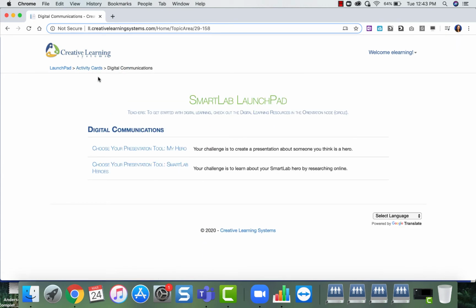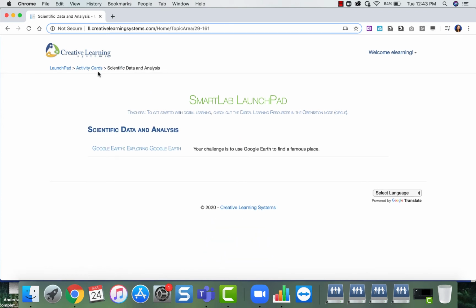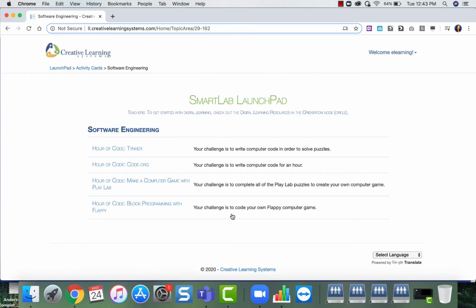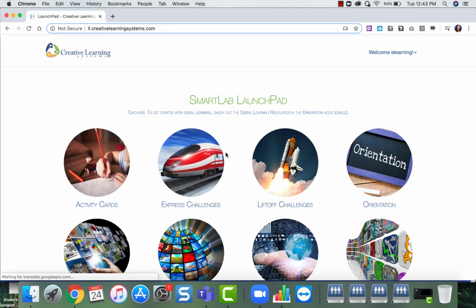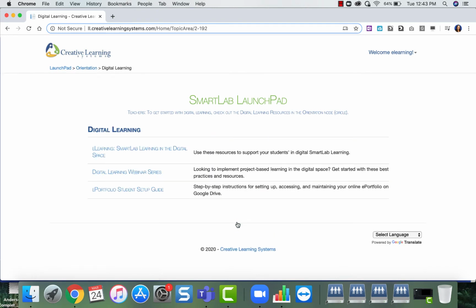So there are a bunch of different activity cards in this list. As you see, digital communications has a couple, scientific data, they're looking at Google Earth, software engineering, there's a bunch. So you can have students navigate to the Launchpad and then navigate to the activity card. Or what you can do is you can use, I'm going to go back to the orientation node,